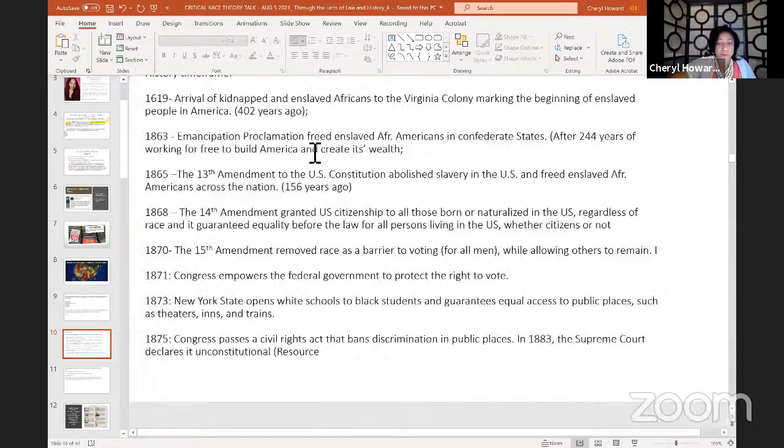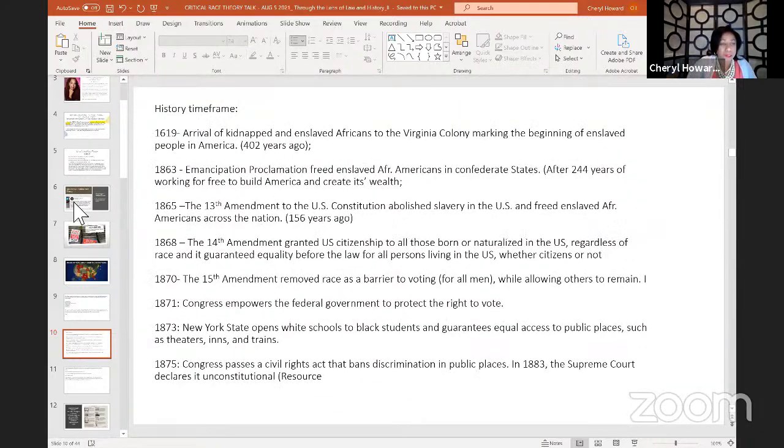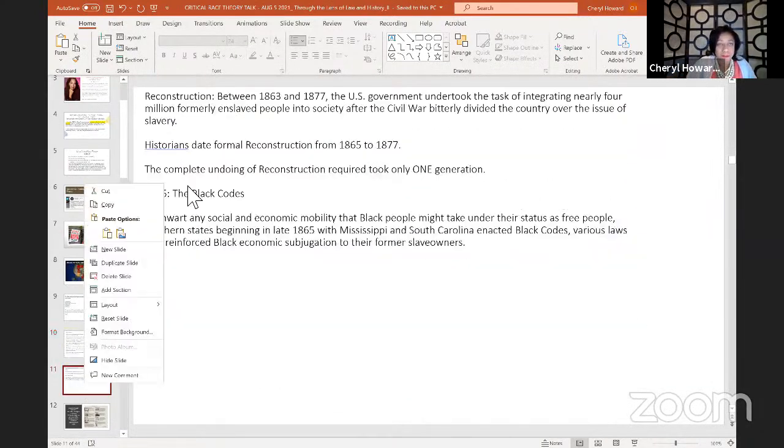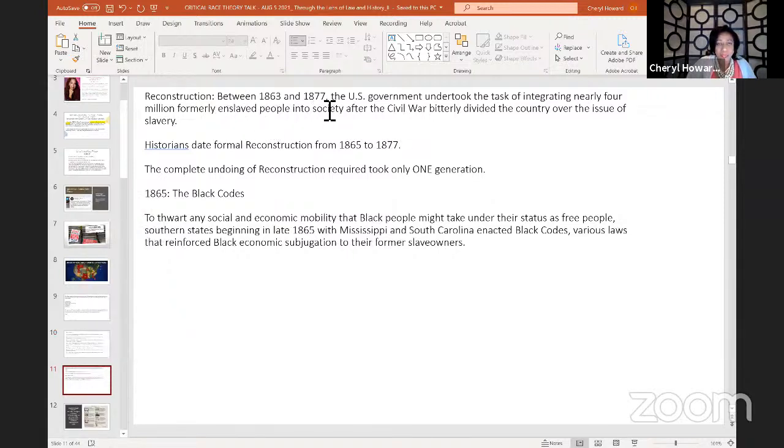And so I'm going to move on to the next one here. We're going to talk about Reconstruction quickly, between 1863 and 1877. That was probably the one period of time in which it is believed that African Americans really experienced equality in America, because during that period of time, the first US senator was seated in Congress, and that was Hiram Revels